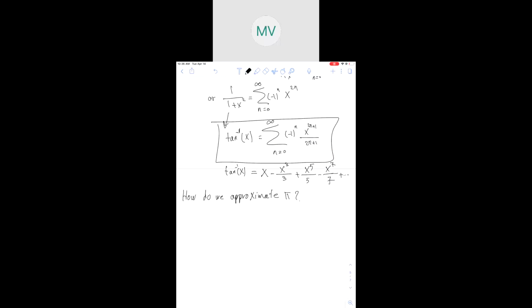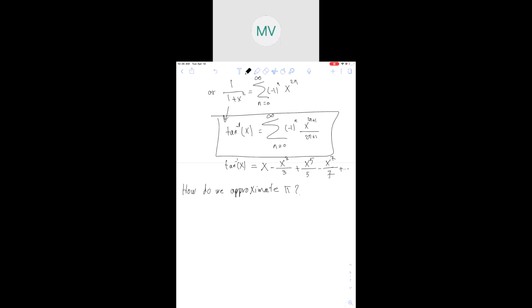How do we approximate pi? Well, this is what you do. What is tan inverse of 1, guys? That's pi fourth, right? So this is what we can do. In power series,